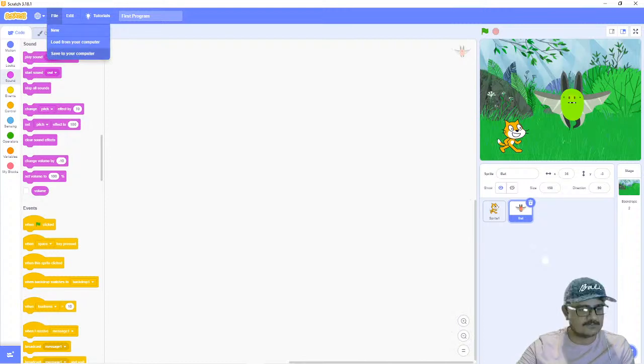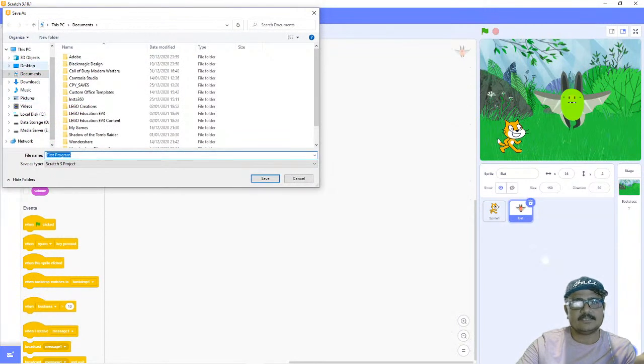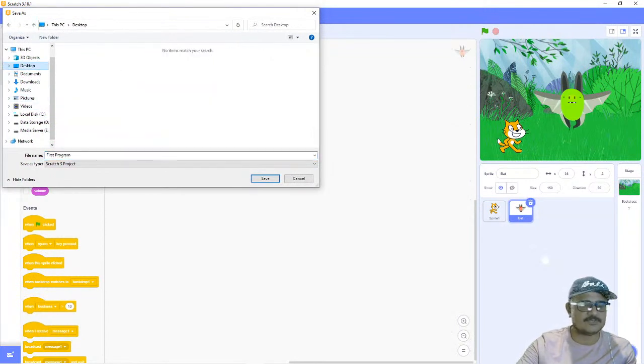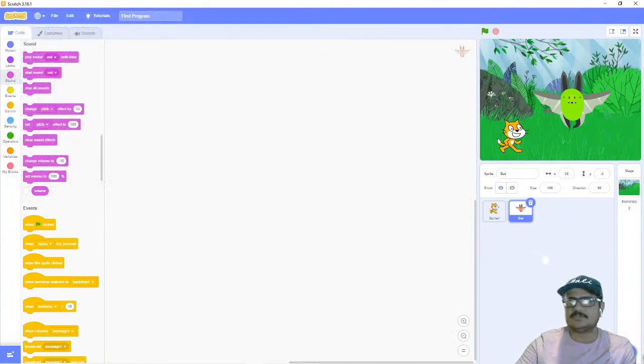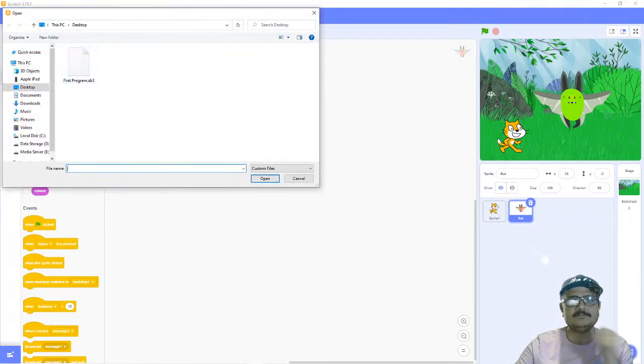The option names are different here. If you use Microsoft Word or PowerPoint, you will see names like save and open, but the menu names are different here. Load means open, and save to your computer means that you want to save this file. So we click on save to your computer, then I choose my destination. Let's say I choose the Scratch file on my desktop, the name of the program is first program, and then I click on the save button, and now this file has been saved on my desktop. So next time I open Scratch and I want to use the same program file again, I just choose that file by using the option load from your computer, then choose